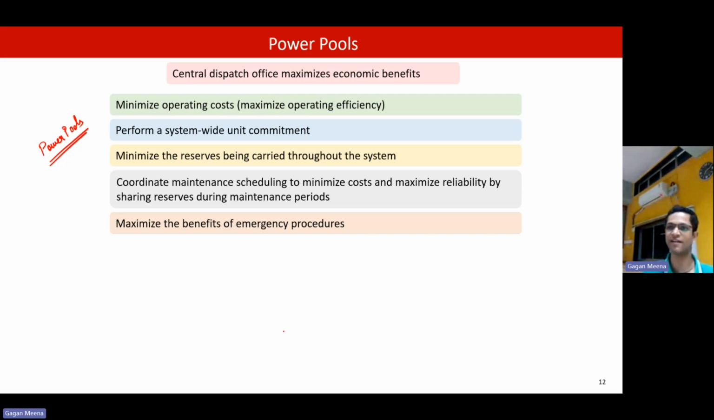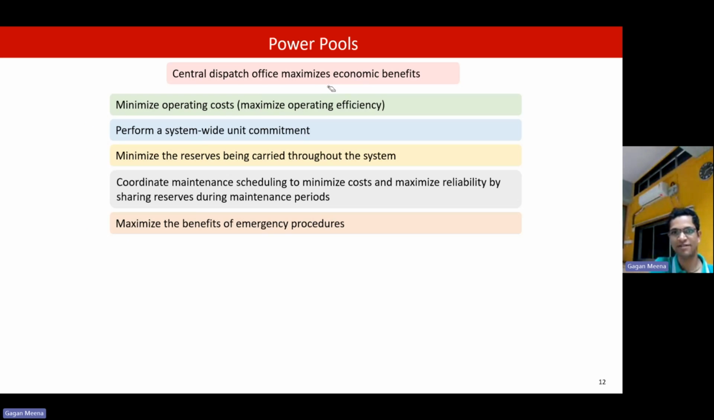If we keep on making such contracts between thousands of entities, it is a very cumbersome process. It becomes like a marketplace. So to make it organized, sometimes entities are created which are called power pools. They will work as a central dispatch office to ensure economic benefits. So overall, there is a benefit to everyone. They try to do that. Their aim is to optimize or maximize the economic benefits, and in that pursuit, they also achieve other benefits, like